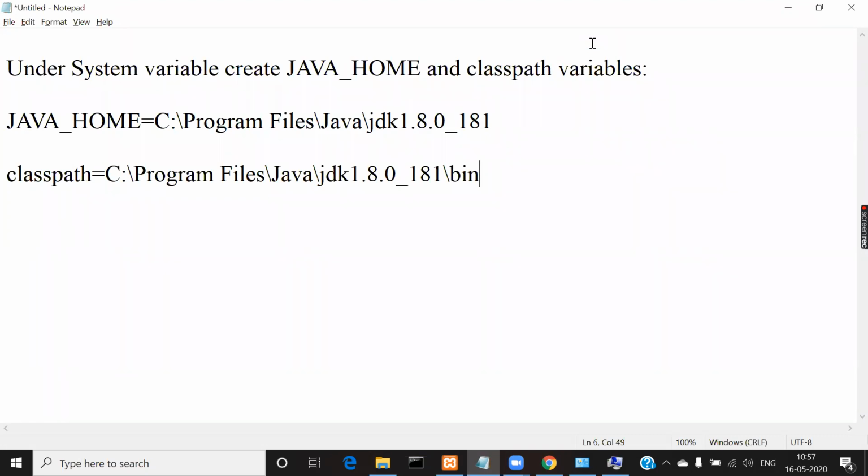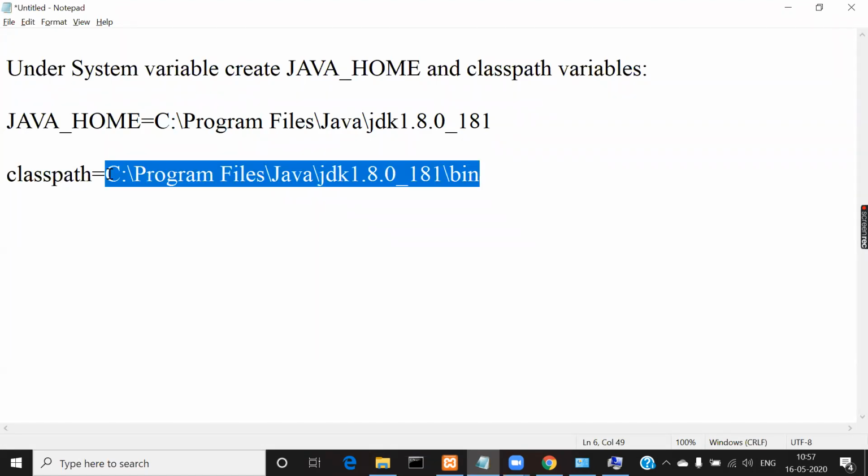There is no restriction that you have to assign only one value. The classpath variable can be used for Java software as well as MySQL. You can use the same classpath variable and set the path for Java as well as for MySQL. Since you are already doing some Java programs, you must have already set this path on your system. If you have not done it, you can do it now.